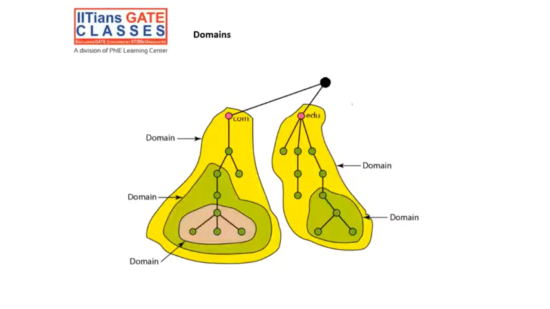See, this is your root server. This is your com domain, this is your education domain. Now one more is there, let's say ARPA or something else. A subdomain we also call a domain. Inside also we have a domain, and similarly here. This is how the structure of the domain is.